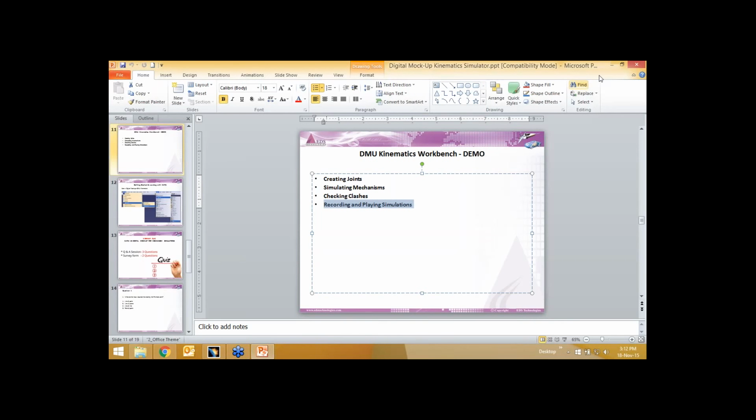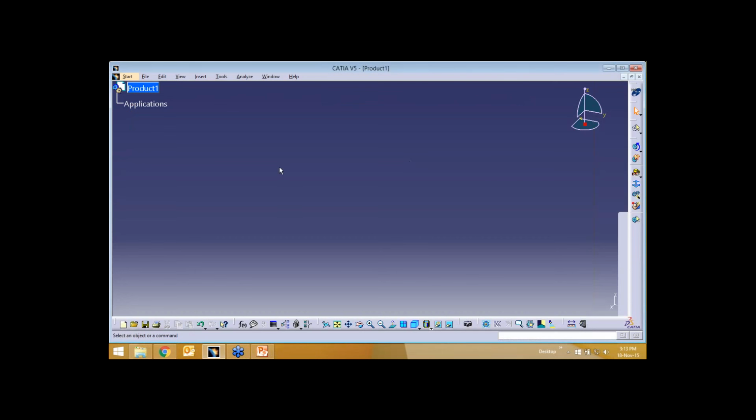As I said, in this workbench you have the feasibility of bringing in existing parts and assembling them here only by using these joints. But it is recommended that you bring all the parts in an assembly and position them using snaps.